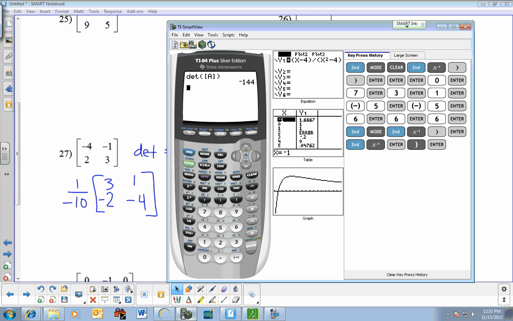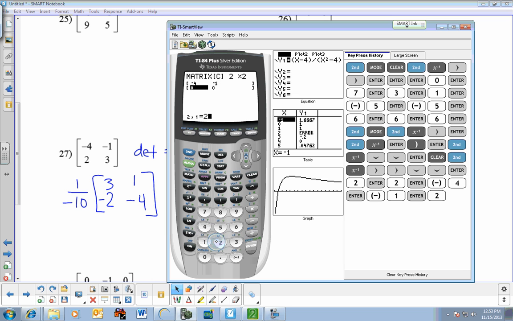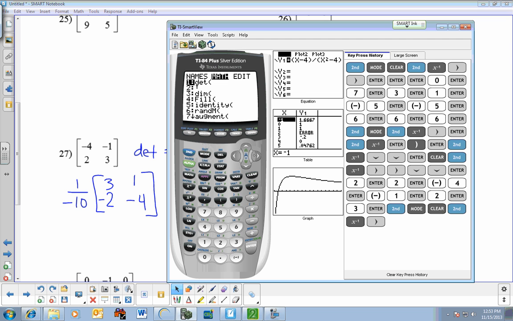So let's go edit C. You could use any of them. Matrix C, I want to make it 2 by 2, and I'm going to make it negative 4, negative 1, 2, 3, and then quit, get out to my main screen, go into my matrix menu, go over to math,